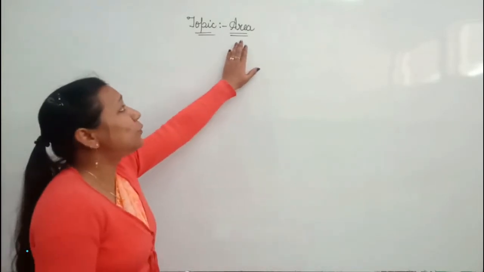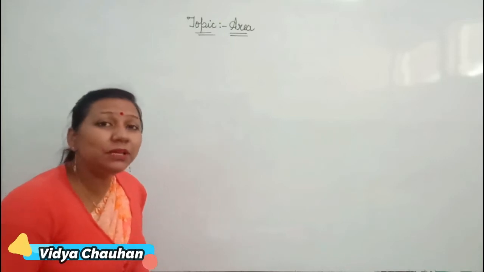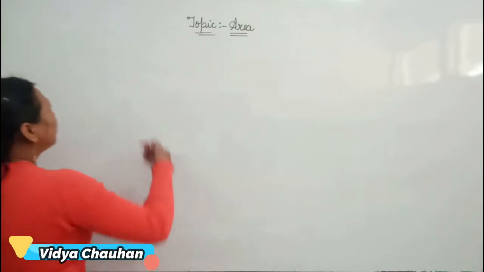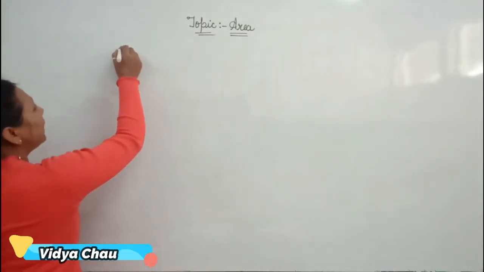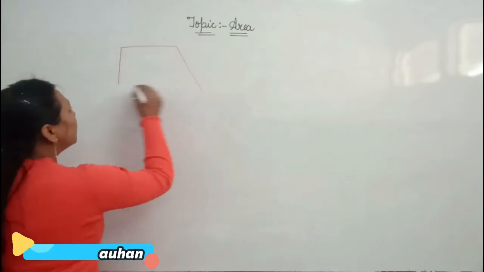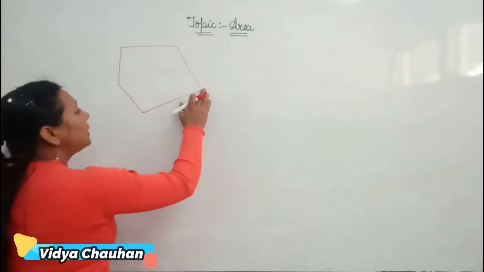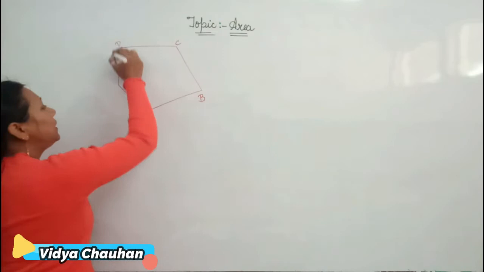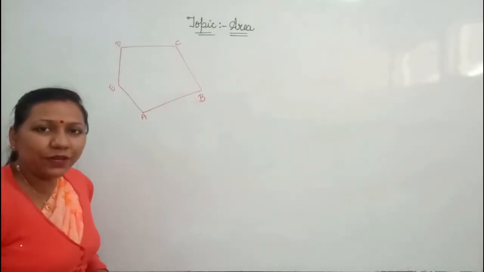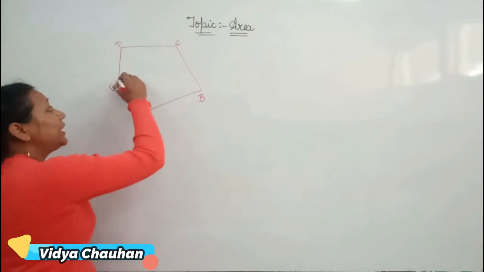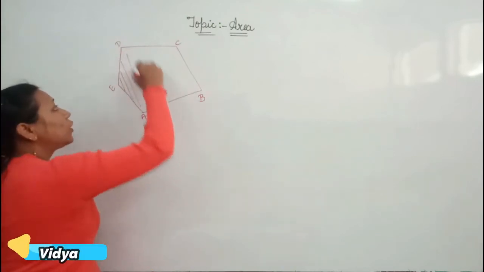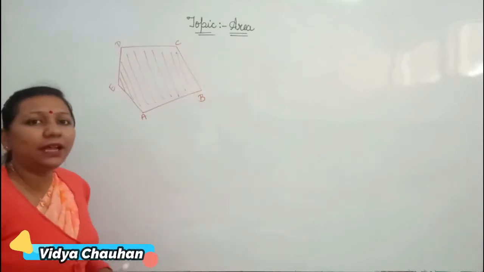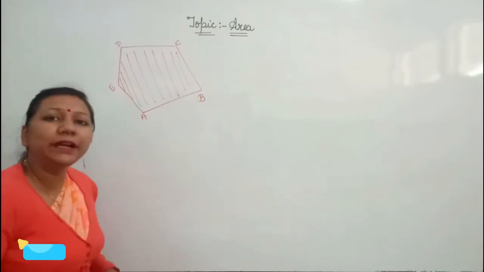Very first, let us understand what is this term area actually. What is the meaning of area? So area is actually the space, or you can say the portion enclosed in any closed figure. So suppose I take randomly any such figure. Let us take this figure is there, and if I name it A, B, C, D, E. So this is a five-sided figure, and what will be the area? Area is the space enclosed in this closed figure. Whatever space this shape is taking on this board, that will call its area.